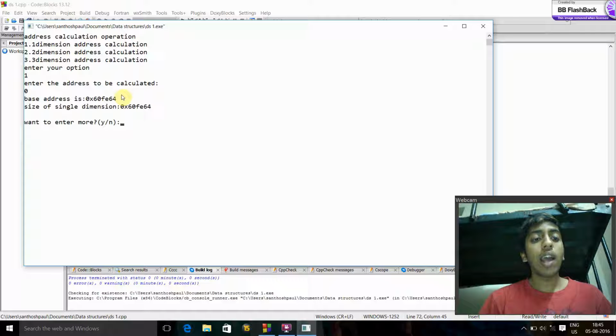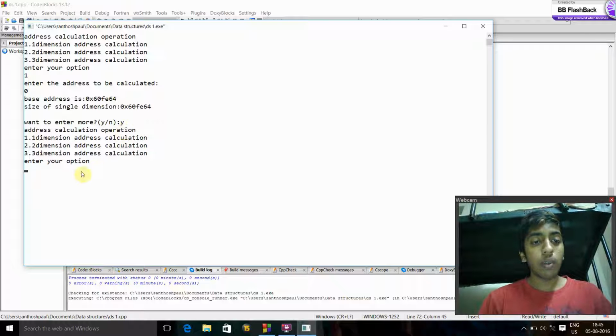As it is one dimension address calculation, we are supposed to give only one value, that is 0, and the base address for 0 is 0x60fe64. And now it is asking whether to enter more, as we used the choice operation, and I want yes, that's why I am giving y.